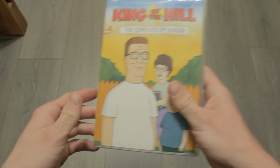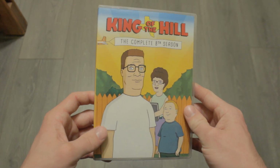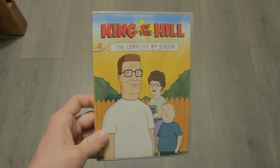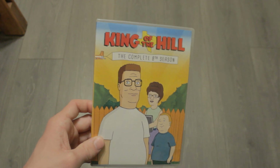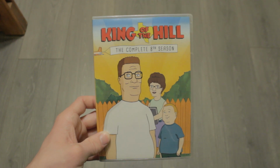So I actually picked up one of my Holy Grail items. Unfortunately, I wish it wasn't a Holy Grail item because it shouldn't be that rare, but King of the Hill Season 8. It's really hard to not find bootlegs. In fact, I actually found 2 other seasons. I found 10 and 11, and if I had kept those, I would have only needed a few more, but